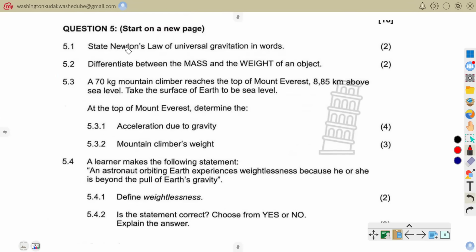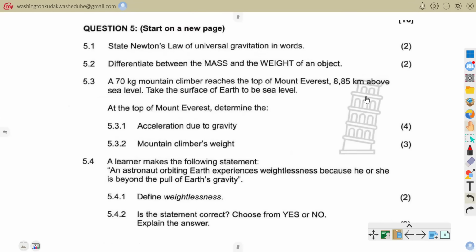It says, state Newton's law of universal gravitation in words. What is Newton's law of universal gravitation in words? We know that the law is given by F equals G mass of A times mass of B all over the radius squared. So we are just saying that